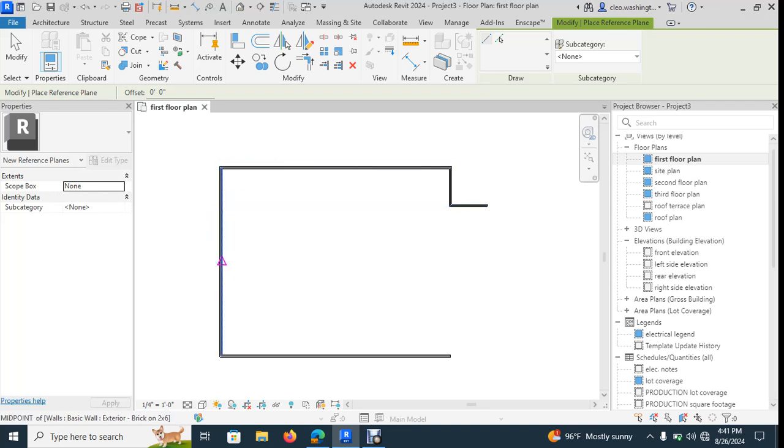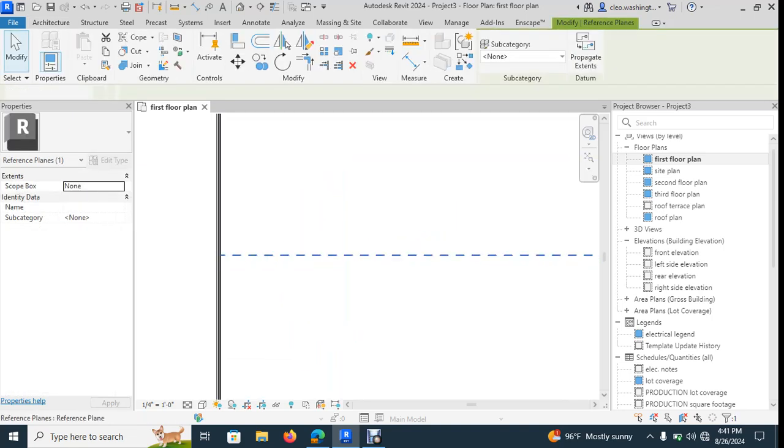When you get to the midpoint of a wall, or whatever you're trying to get to the midpoint of, that midpoint triangle is going to show up. So let's draw a reference plane, okay? And you want to stretch it out eastward, okay? And when you select it after you draw it, you have these little